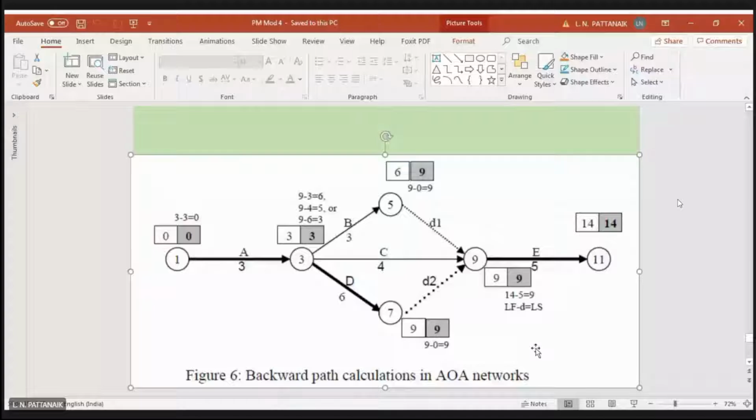करना पड़ा, तो यू गॉट द रिजल्ट्स लाइक 9 minus 3 that is 6, 9 minus 4 that is 5, 9 minus 6 that is 3. So out of the 6, 5, 3 you have to take the minimum value, as I said, and the minimum value happens to be 3 in this case, तो आप वहाँ पे 3 लिखेंगे। And one of the very interesting things you will find here, अगर आपका बैकवर्ड पास और फॉरवर्ड पास